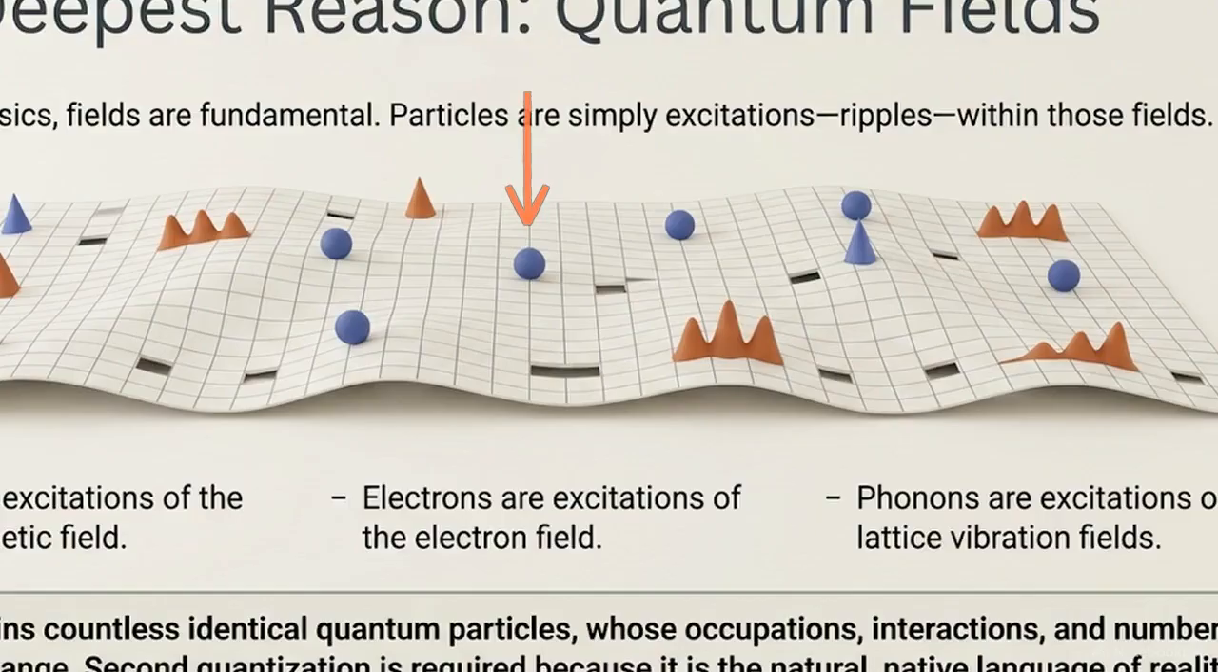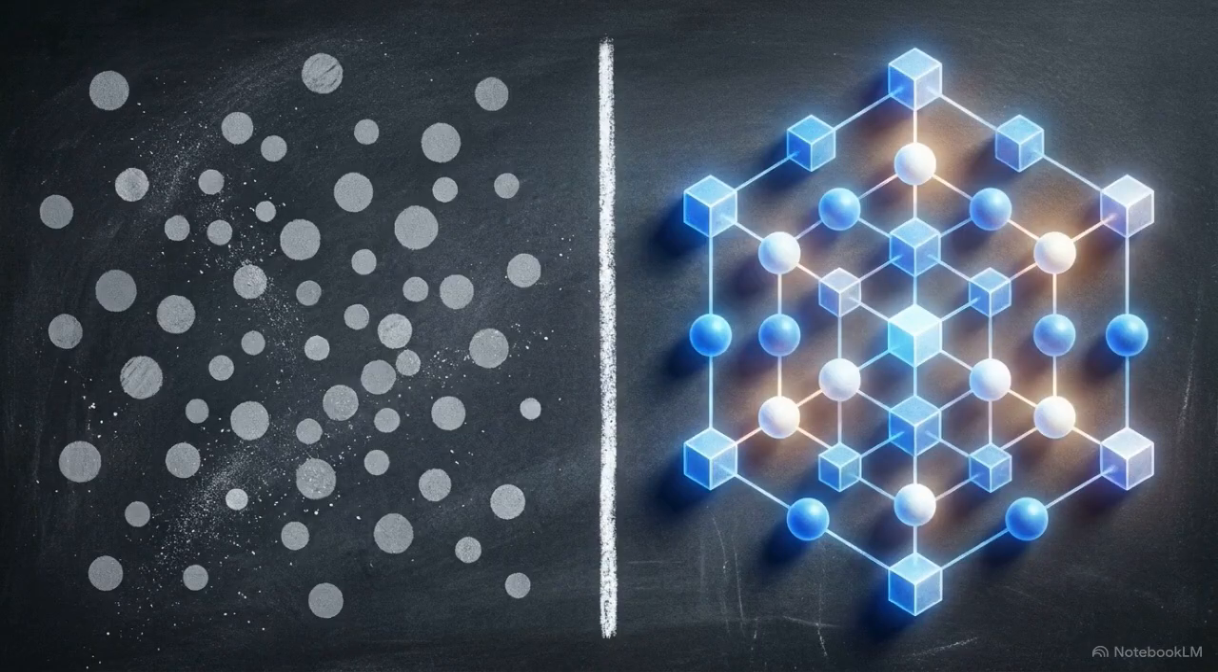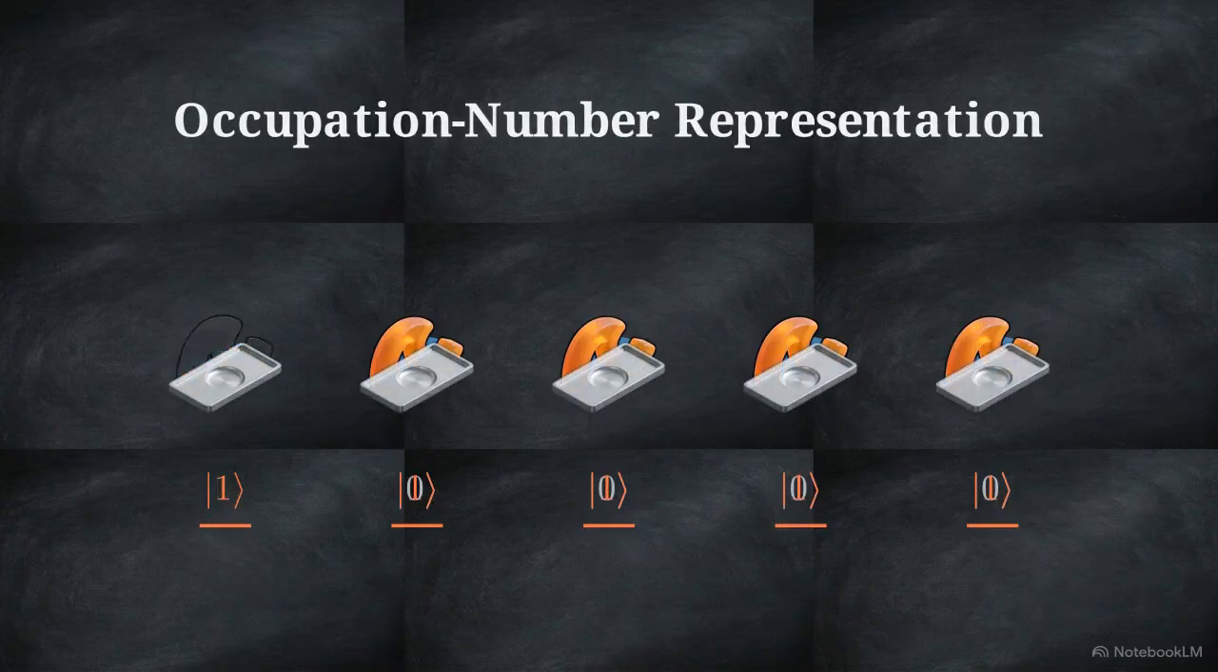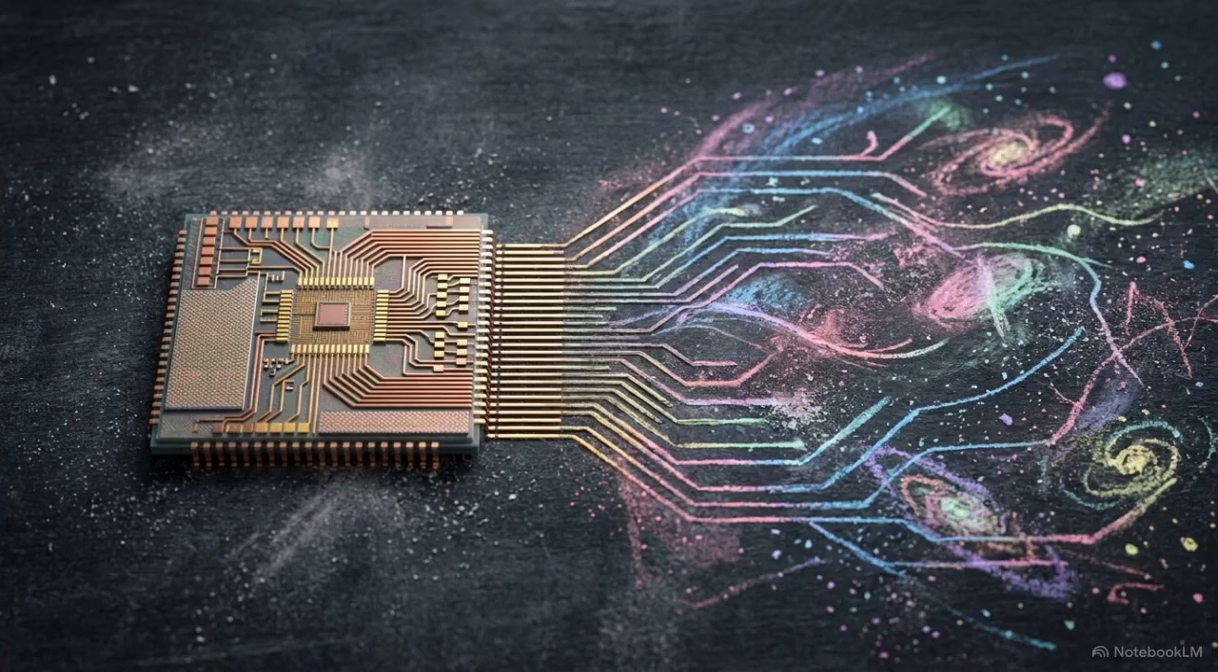That is the ultimate value of second quantization. It moves our mathematics away from tracking individual specks of matter and aligns it with how the universe actually operates. By describing reality through occupied states and the continuous creation and destruction of energy, it provides the precise engineering foundation for everything from the semiconductor in your phone to the fabric of